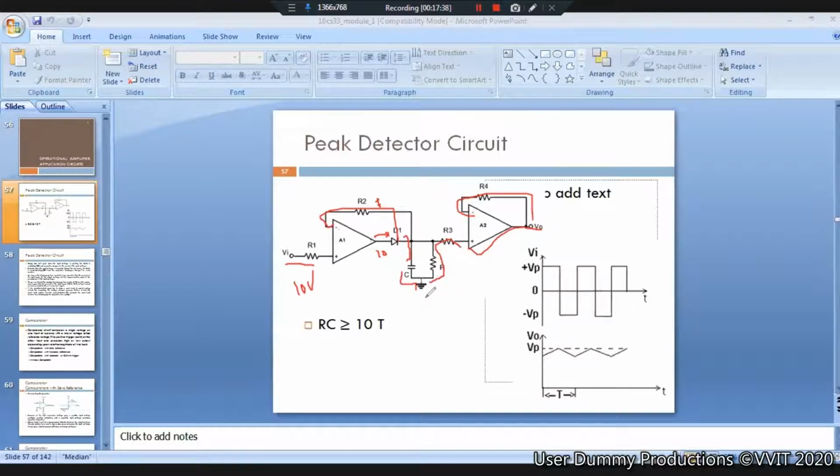You can draw this diagram. Let us consider the peak detector circuit shown in the figure. Here two inverting operational amplifiers are used, as feedback operational amplifiers. With the help of the feedback operational amplifier, you can drop the voltage down and also increase and decrease it with the help of the capacitor, diode and a number of resistors.